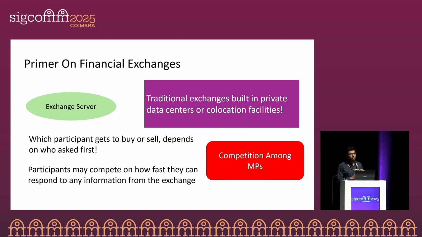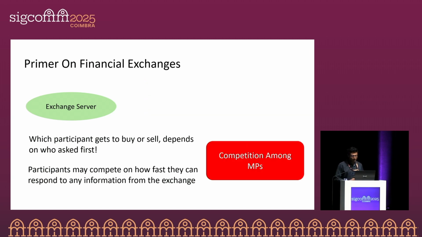Traditional financial exchanges that operate at high speed are built in private data centers or co-location facilities where latency, and fairness of latency across these market participants, is at a premium. In fact, anecdotally, we are told that these exchanges have glass floors where people lay out cables of equal length. So the participants can, in fact, see that the latency between their facility in the colo and the exchange is going to be exactly equalized with every other participant. That's how obsessed the participants are with this criterion.